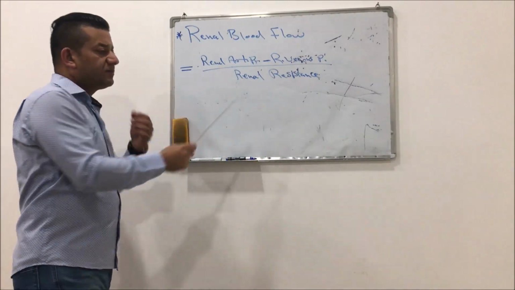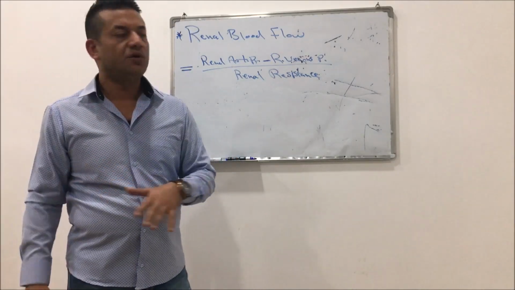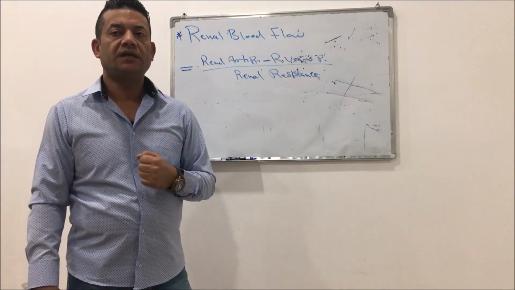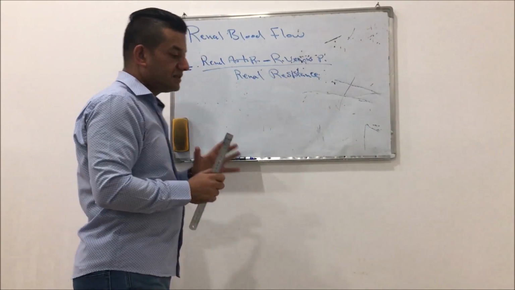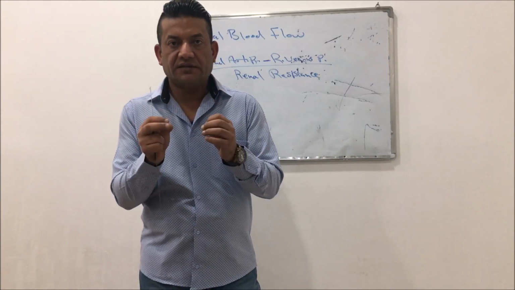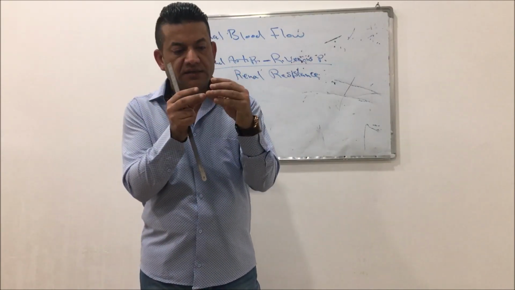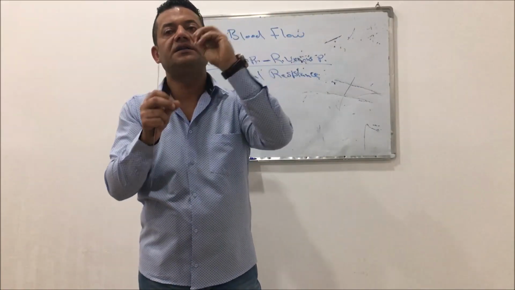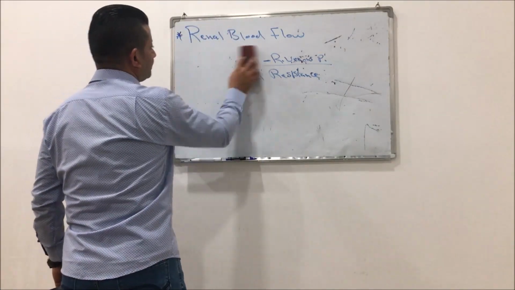The renal arterial pressure is about equal to the systemic pressure, while the renal venous pressure is about 3 to 4 millimeters of mercury. What about the renal resistance? Renal resistance means the many factors that regulate, control or affect the total resistance of the arteriolar bed inside the kidney. Of these factors